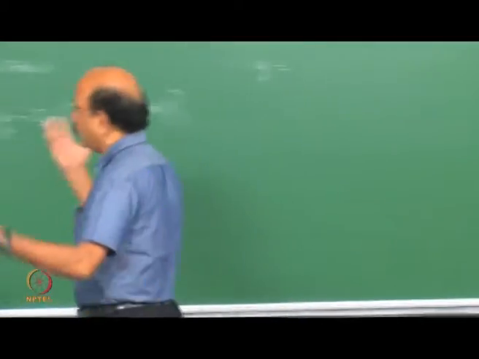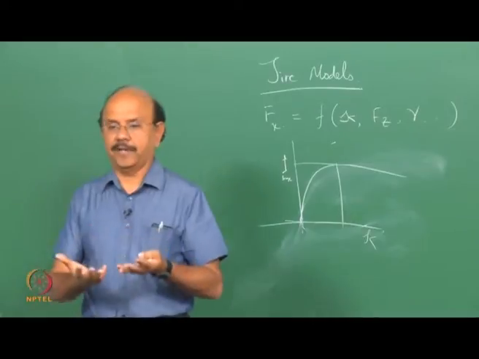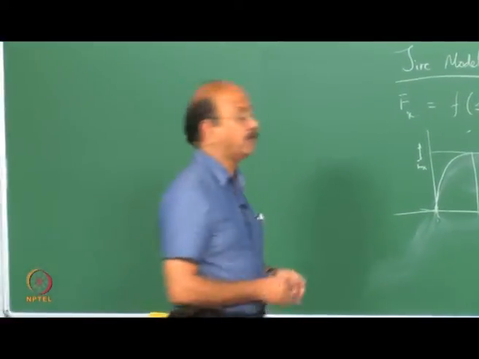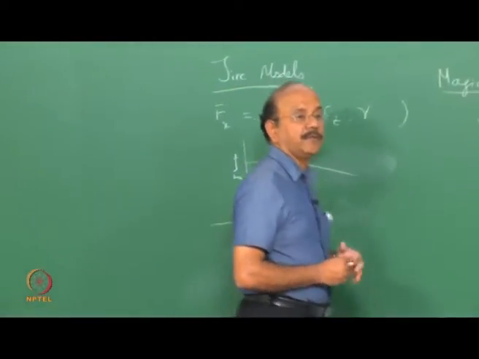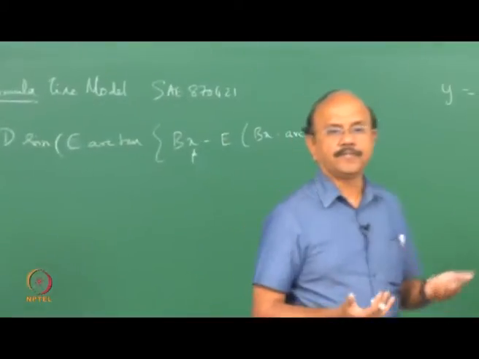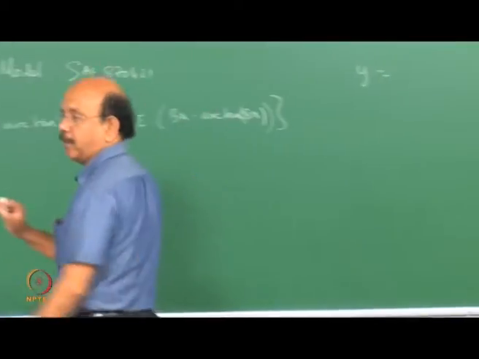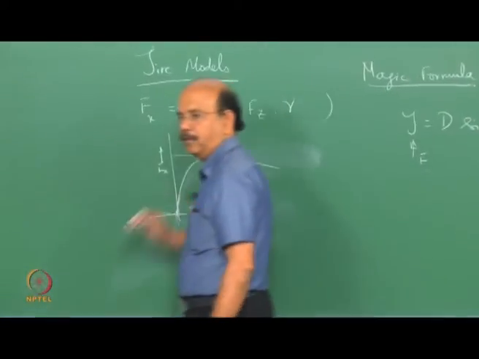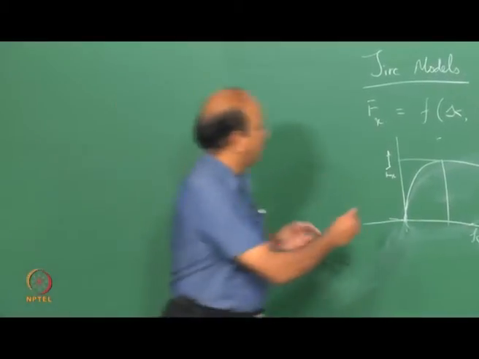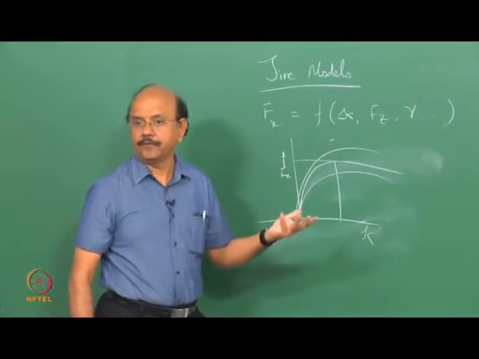So that becomes an important question. Can I have only one curve? Is this curve not affected by Fz? Even if you say that mu is independent of pressure, we know that this is F, and that would depend upon mu, and so it should depend upon Fz and so on. Right, precisely. So this cannot be one curve, it has to depend upon Fz. Okay. Now, then there can be a series of curves. It's a function of Fz.